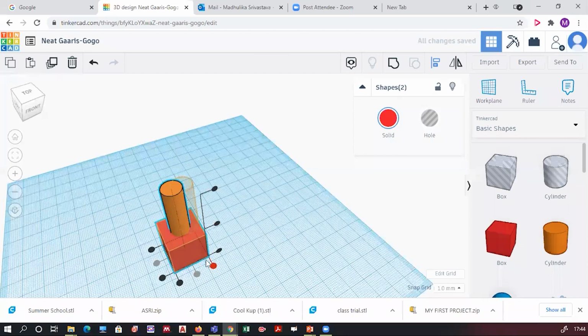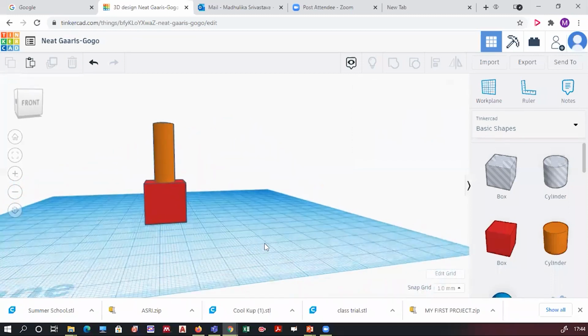I repeat it once again. When you select both the objects, your options over here get activated. You have to click on align. After clicking on align, some dots will appear on the surface, with reference to which you have to align. Since I have to align with respect to my center, I will click on the center dots. On my screen, if you see clearly, it is appearing in gray. That means both the objects are aligned with respect to the center. Once this has been done, my objects are now aligned about one center.